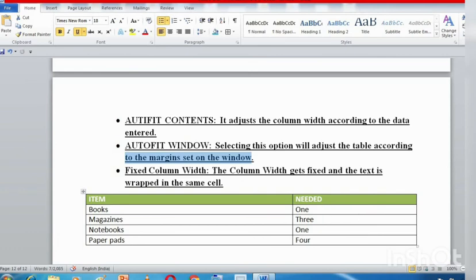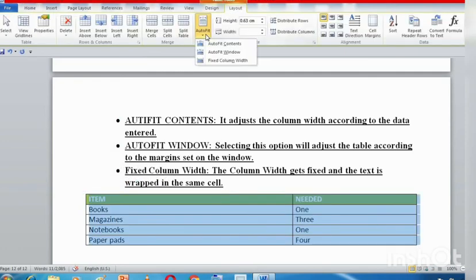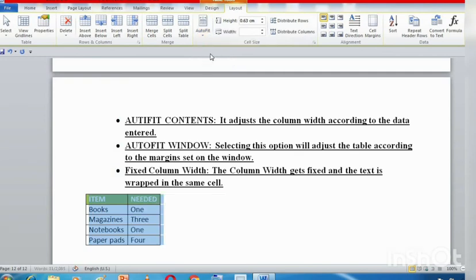Okay, the next option is fixed column width. If you select fixed column width, the column width gets fixed and the text is wrapped in the same cell. It basically does not do more things. Suppose this is my table and these are my respective column widths.